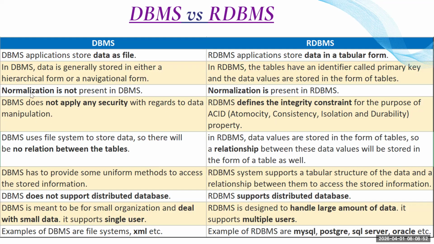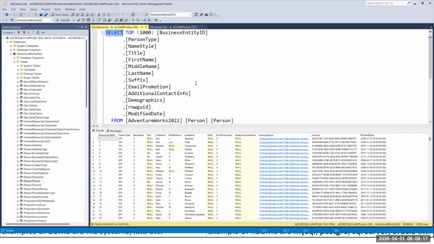Okay. So normalization is also a very, very important concept. Normalization is not part of the DBMS, but normalization is part of the RDBMS. What do you mean by normalization? See, there are normalization forms 1, 2, 3, 4, 5, 6. So there are different types of normalization. When developers or the apps team create a table, they can't create it randomly, sir. They will follow some hierarchical pattern.